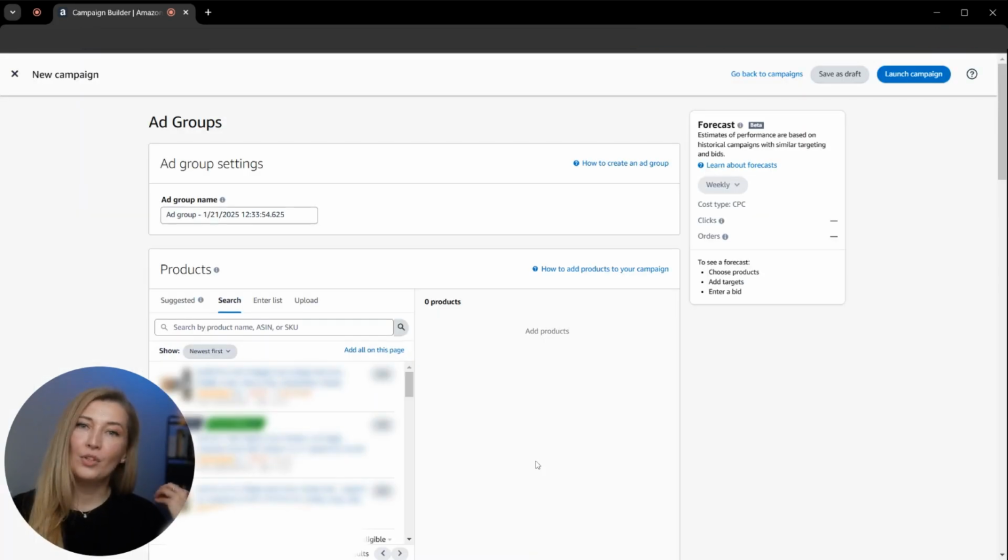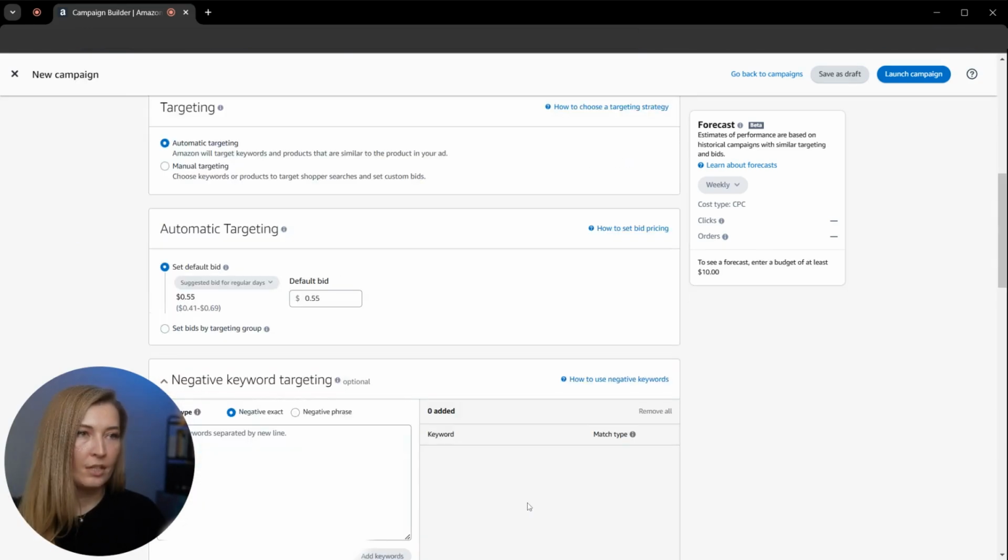Here I'm redirected into ad groups. I would not make any changes so far when it comes to the ad group name. This is not really important for us because we usually create one ad group per campaign. Now that we scroll down, we are given the targeting options: automatic targeting, manual targeting,